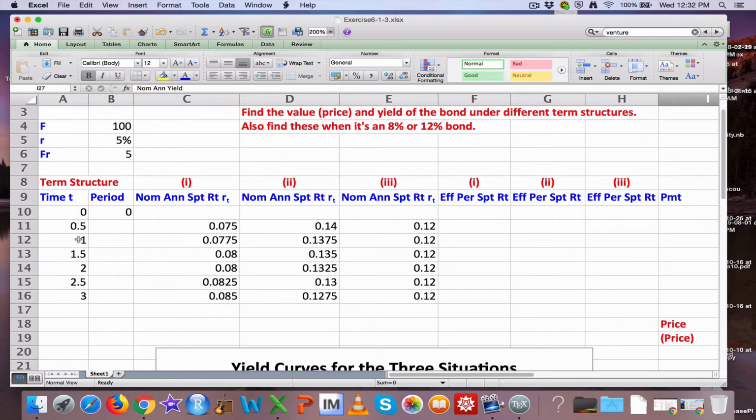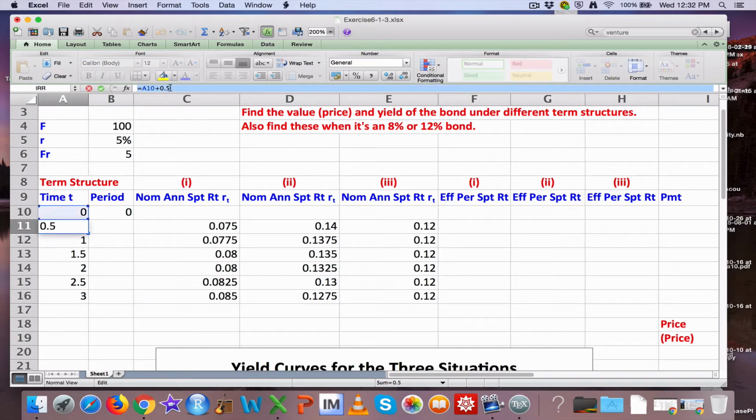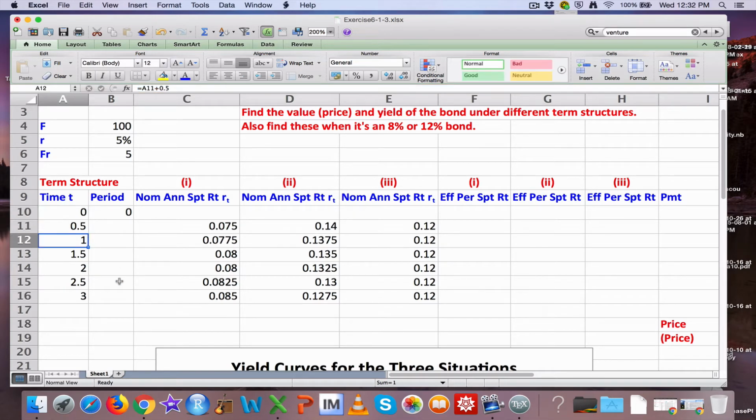Now let's fill in the details. By the way, I did fill in this column here with formulas. In this spot right here, cell A11, I typed this formula up here. It's kind of small. It says equals A10 plus 0.5. I took what was in A10 and added 0.5 to it. And the great thing about that is that formula can be easily copied and pasted downward. I can either do that with a copy and paste, or I can click and drag. Highlight the cell, go to the lower right corner, click, drag, and those numbers come up correctly based on updated